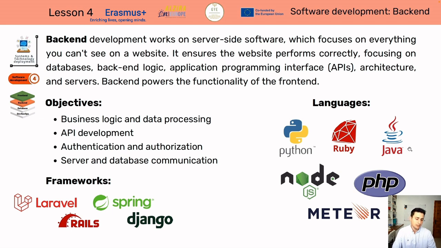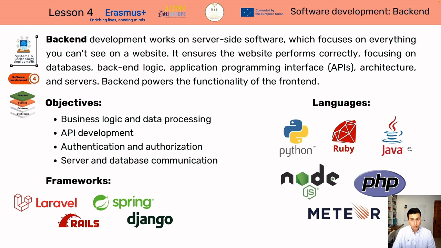The most used languages for backend, traditionally, have been PHP and Java, but now Ruby, Python, or Node.js are increasing in popularity, and they are very interesting to learn, both Ruby and Node.js and for sure Python. And also there is Meteor, which is less used but also commonly well known.